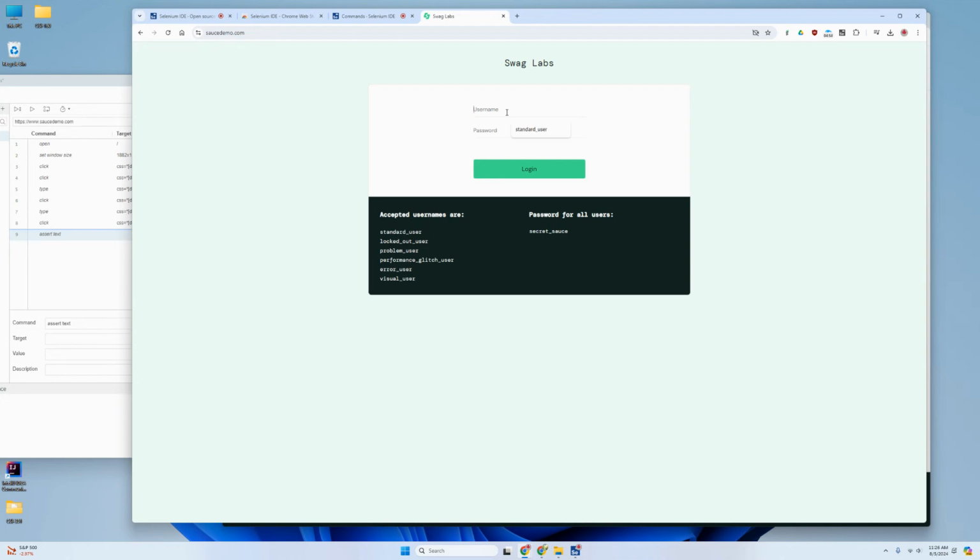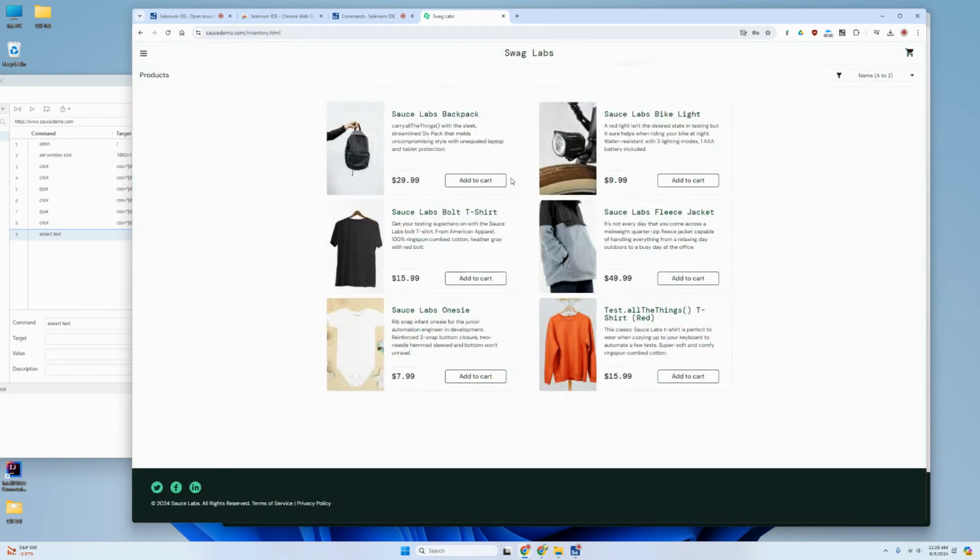Okay, currently I'm logged out. Looks like standard user and secret sauce. I'm going to enter here one more time and log in. So I'd like to make sure the products exist. This website doesn't let me know about a successful login, like, hey, welcome Murat, or this kind of information. So I see the products wasn't there in the previous page, so I assumed I successfully logged in because I